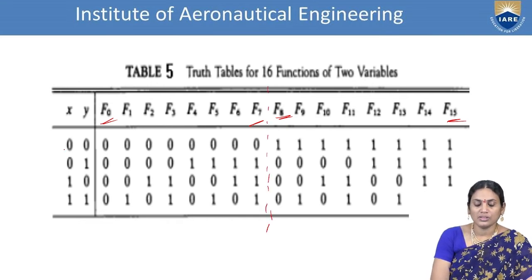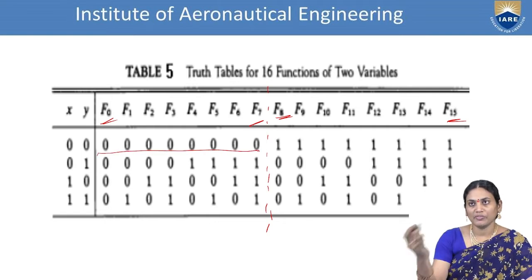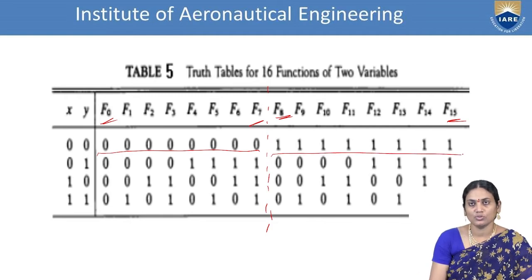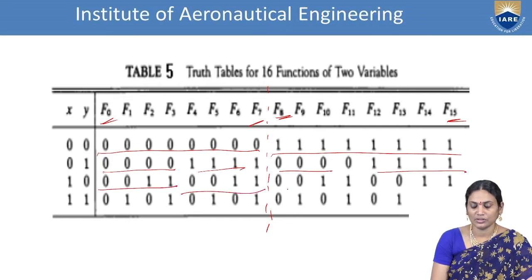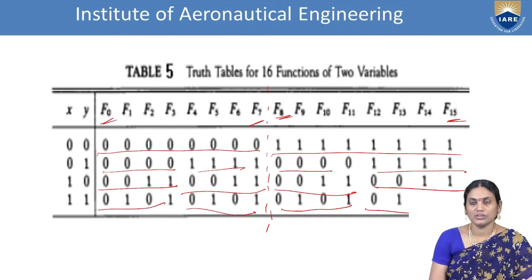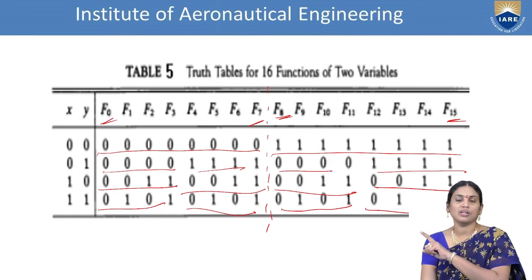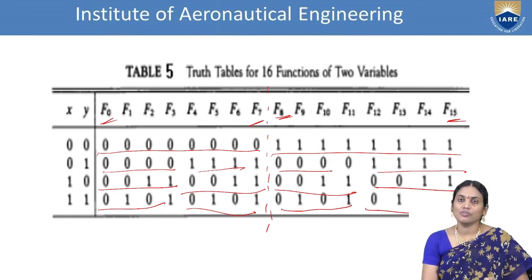Now, if you observe this, 0 and 0, we have all zeros. The complement will be in the second section. Only for the first case, it will be reflected. Rest all will be similar. If you observe this, 4 zeros, 4 ones, 0, 0, 1, 1, 0, 0, 1, 0, 0, 1, 1, 0, 0, 1, 1, 0, 0, 1, 0, 1, 0, 1, 0, 1, 0, 1, 0, 1, 0, 1. So that means only the first case will be inverted, but the rest all will be same.